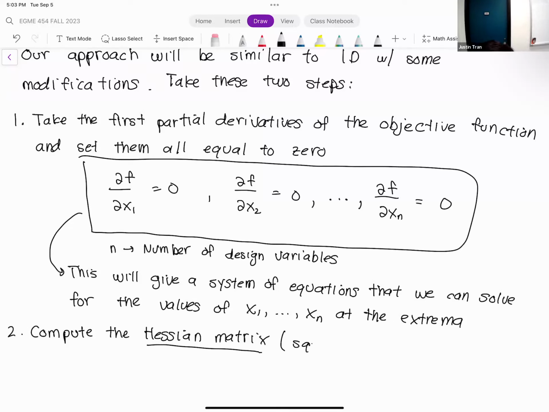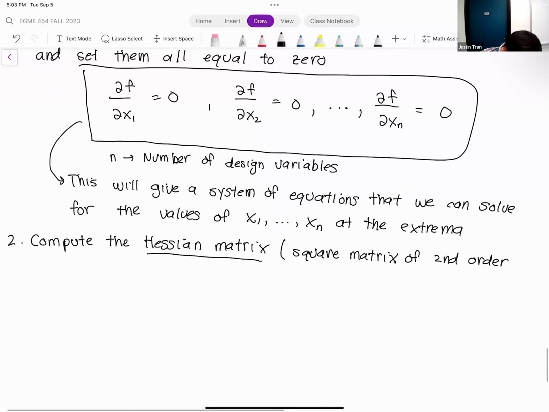It's a square matrix. And then based on the characteristics of the Hessian matrix, we can determine whether the extrema that we found in part one is either a max, a min, or